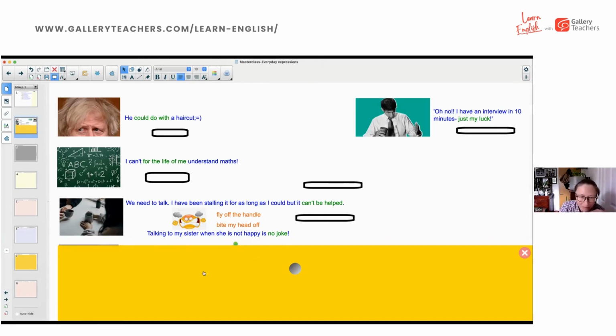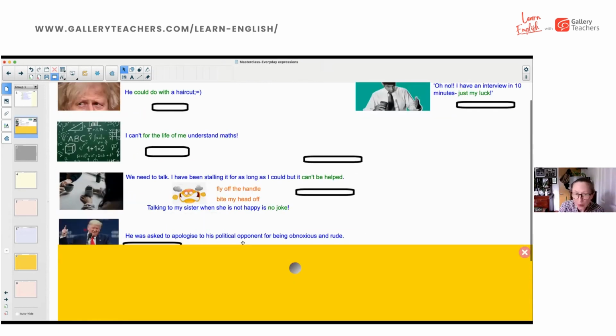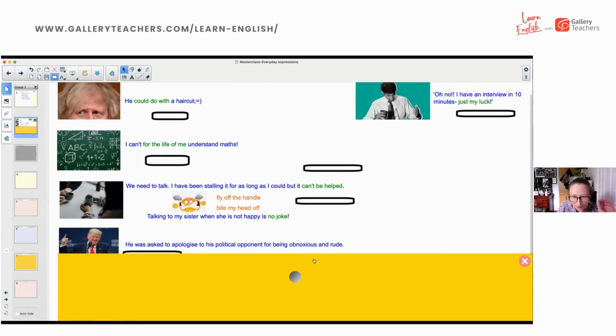Now, Donald Trump, who we are going to talk about and use his images a lot. Just for clarification, I'm not a fan. It's just that his face lends itself to funny situations. Now, he was asked to apologize to his political